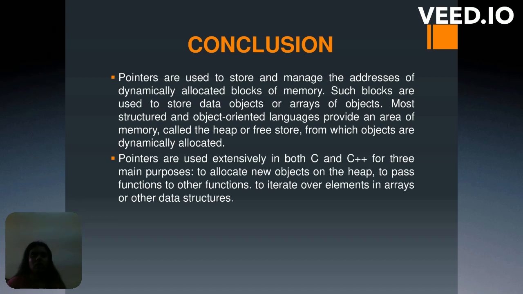So pointers are used extensively both in C programming and C++ programming. They mainly have three purposes: to allocate new objects on the heap, to pass functions to other functions, and to iterate the elements in an array or other data